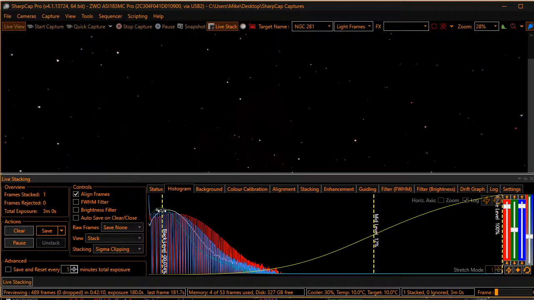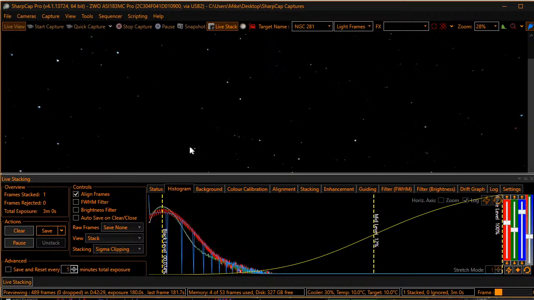Laggy. Alright, that didn't do what it was supposed to do. Wow. These colors are completely wackadoodle. I don't know why that's doing that crazy stuff. Anyway,